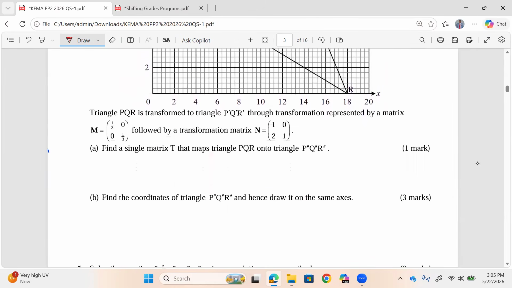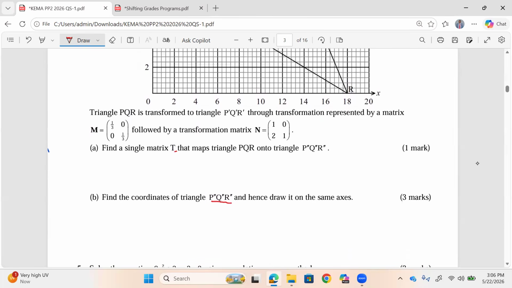Now we are told further that triangle PQR is transformed to P prime, Q prime, R prime through transformation represented by a matrix M, which is equal to a third, 0, 0, a third, followed by transformation matrix N, 1, 0, 2, 1. Find a single matrix T that maps triangle PQR onto P double prime, Q double prime, R double prime. Then again, find the coordinates of